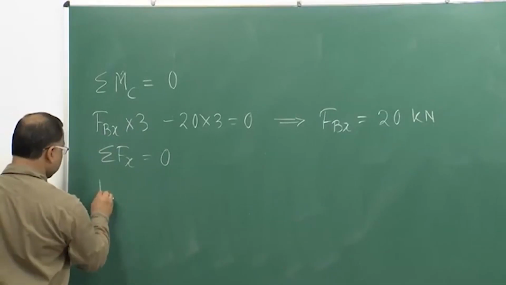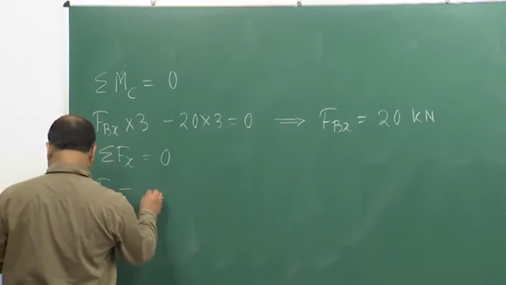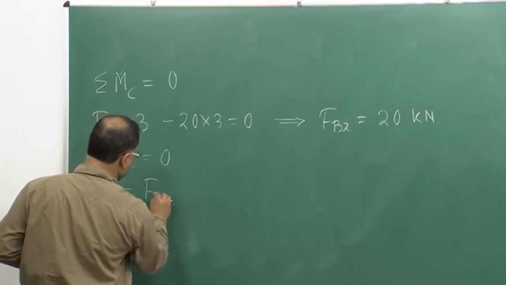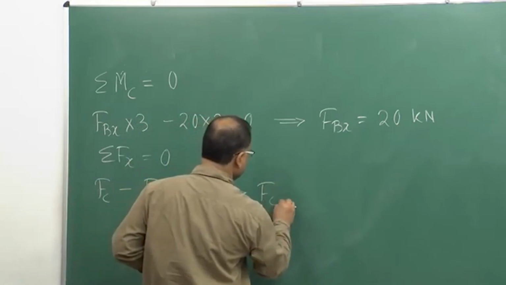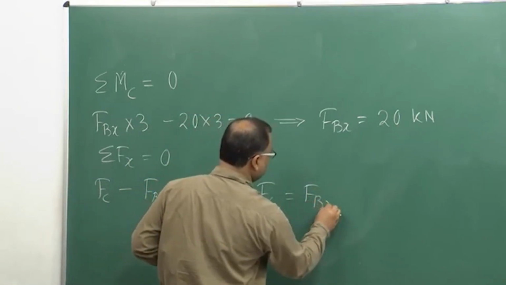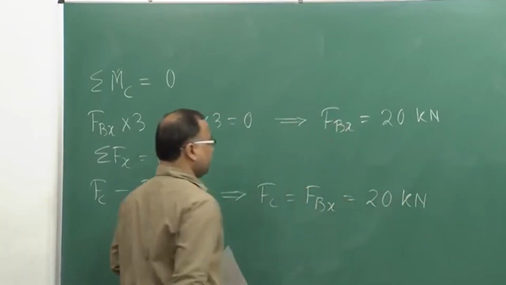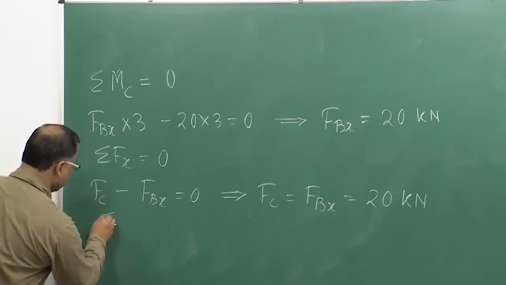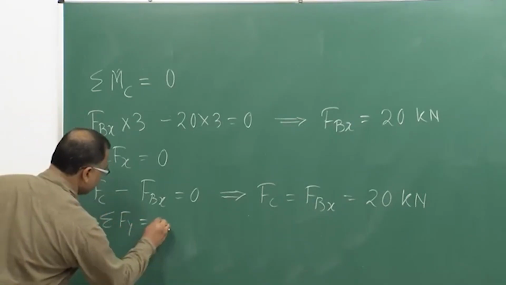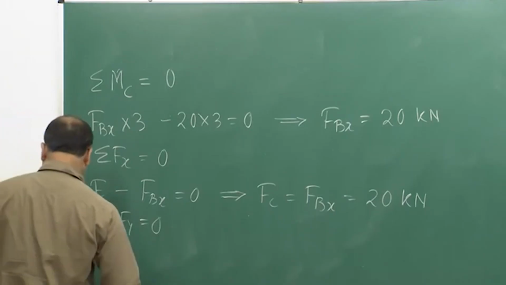So, I can simply write Fc minus Fbx equal to 0. From which I can get Fc equal to Fbx equal to 20 kilonewton. Okay. Similarly, I can exploit this condition as well, summation of Fy equal to 0, from which I can get